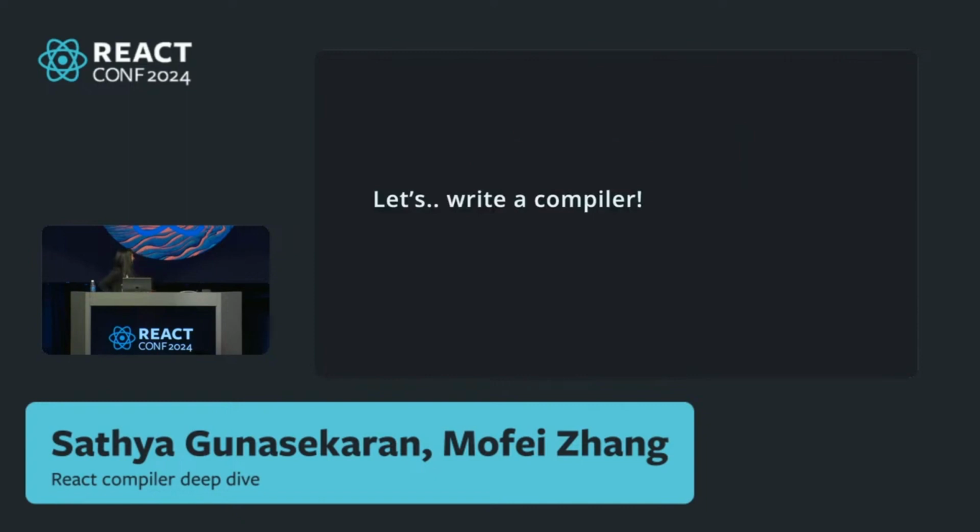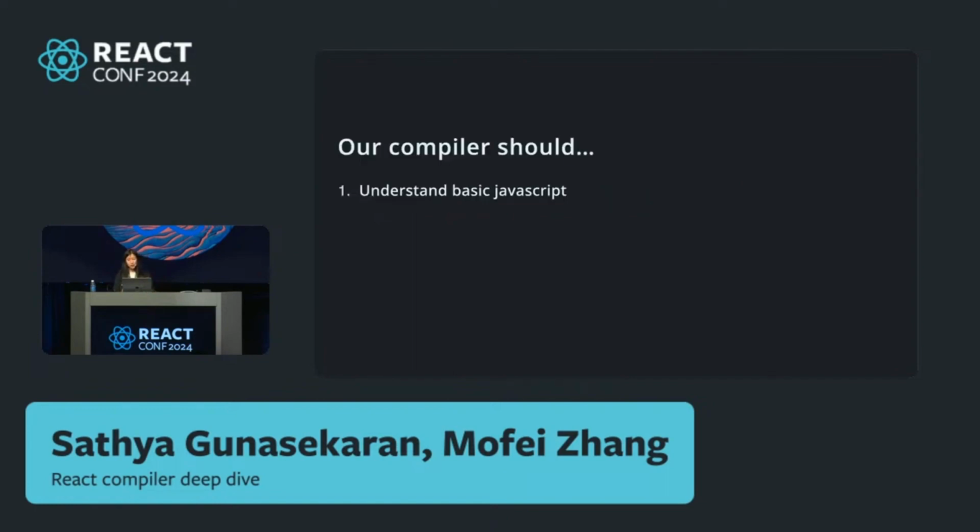So 20 minutes is not a whole lot of time. So just to be clear, we're not writing all of the compiler. The one that we write should be able to handle very basic JavaScript, basically making objects, accessing fields, calling functions, and returning stuff. And it should do one thing, add memoization code so that we don't need to. So if we do this right,